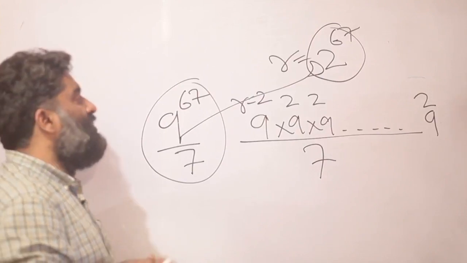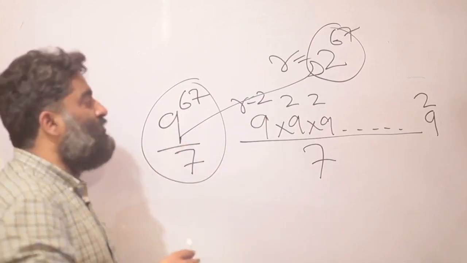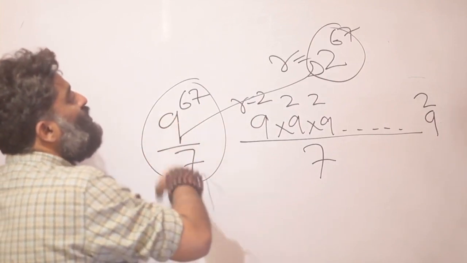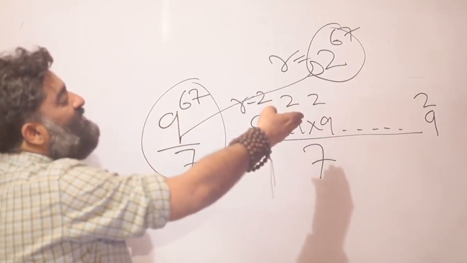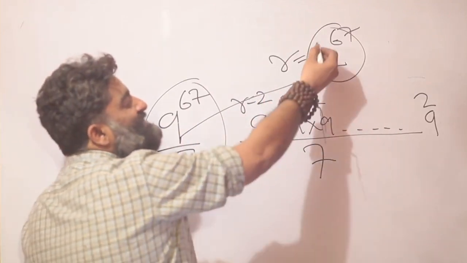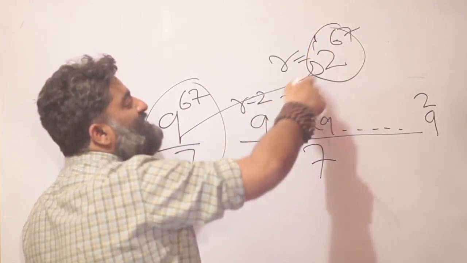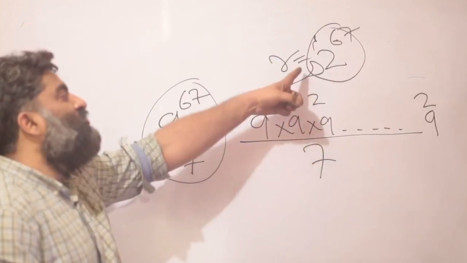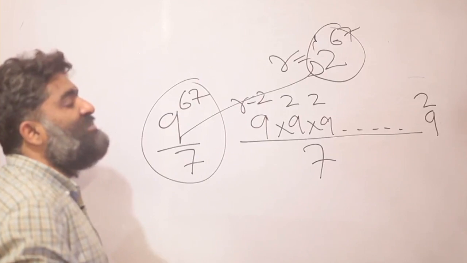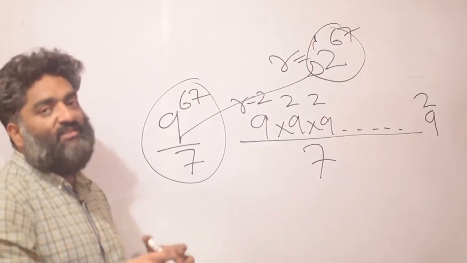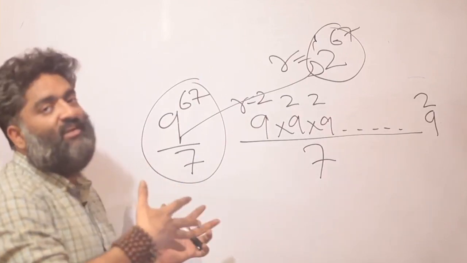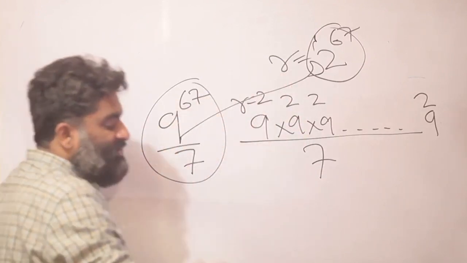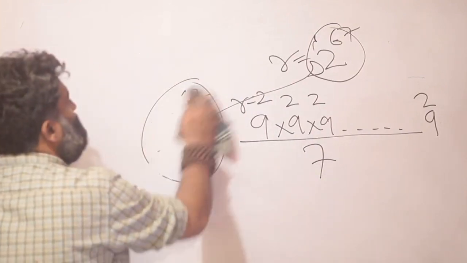What is the remainder? You can think of it as a new question also, or you can think of how, as you solve one remainder problem, often you might get another remainder problem. Earlier it was very easy, it was 1, so 1 raised to 67 straight away gave you 1. But now it is not that easy. You got the new problem as 2 raised to 67. And again, keep in context that we have already discussed it a couple of times using a couple of ways, right? So now let's play with this problem. 2 raised to 67 divided by 7.